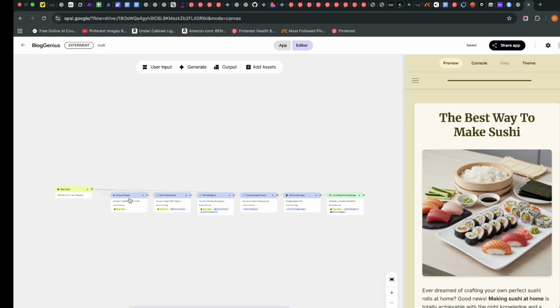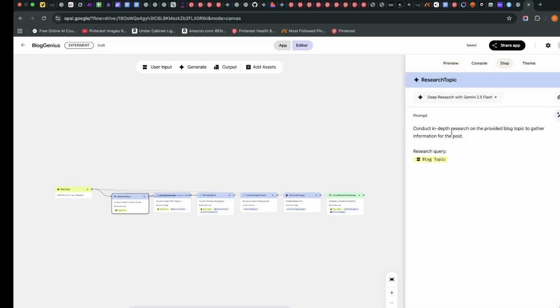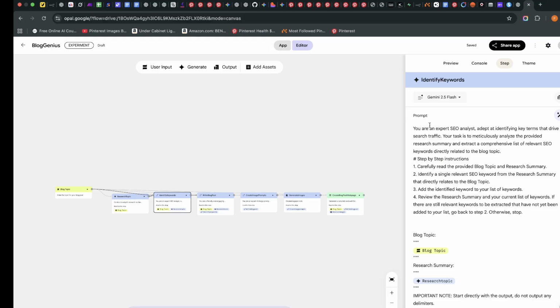Now let's go ahead and look at the workflow. First of all, it says conduct in-depth research. First of all, conduct in-depth research on the provided blog topic to gather information for the post. And then the second stage says you are an expert SEO analyst, adept at identifying key terms that drive search traffic. Your task is to meticulously analyze the provided research summary and extract a comprehensive list of relevant SEO keywords directly to the blog topic. And it says you identify the keyword list,